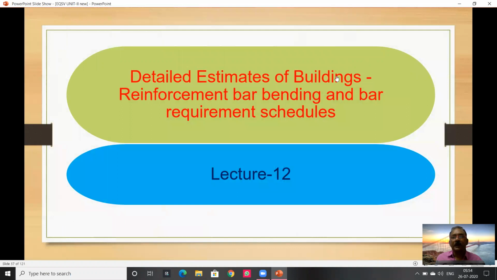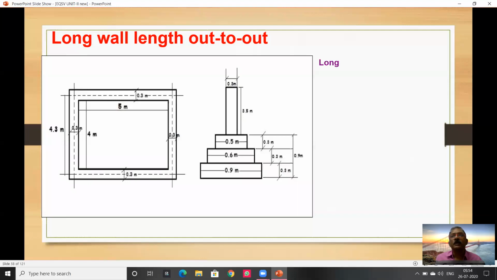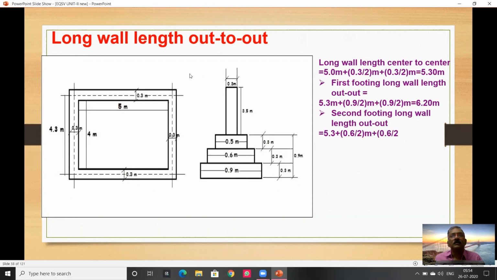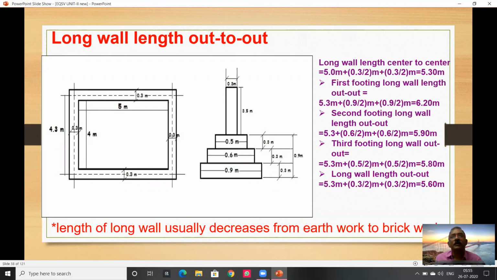In previous videos, I explained the long wall, short wall methods with the example of a single room. I will explain one more similar problem in this class. If you understand this concept, no doubt 50% of this unit is over. It may be 2 rooms or 3 rooms, but the concept is important. I am trying to give you this concept, and here I am trying to explain it clearly.